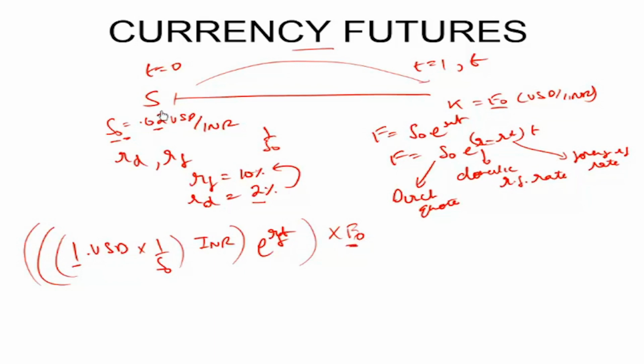Please note why I multiplied this with F0. Because today itself, when I'm borrowing in US dollars and trying to exploit this arbitrage, I would want to lock in all rates. So I will enter into a forward contract that I will sell so much INR and receive USD. And once I receive USD, I will pay my $1 borrowing back. I borrowed $1 to begin with, but on $1 I'll have to pay some interest at the rate of 2%. So e to the power 0.02 into T, or e to the power Rd into T. This difference is equal to my arbitrage profit.